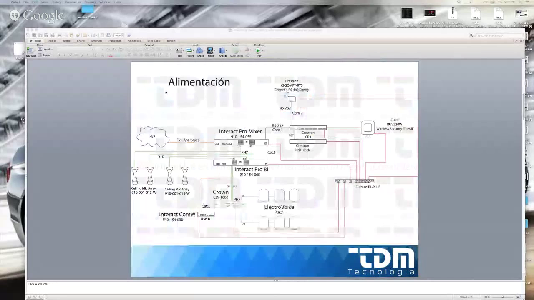This is the power. The first thing that we need to pay attention to is that we do not have any problem with the power supply. Most of the damages that we have on our equipment is because of bad electricity. So I recommend you heavily that you always use the Furman PL Plus. You should always use the Furman PL Plus. So we are using one. It has 9